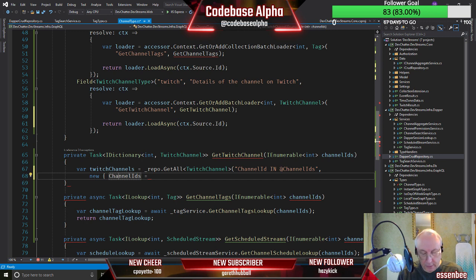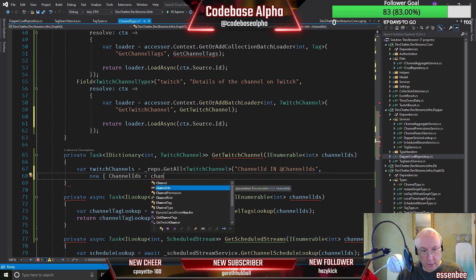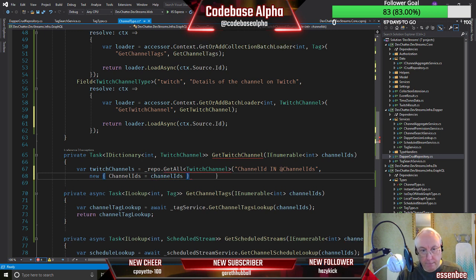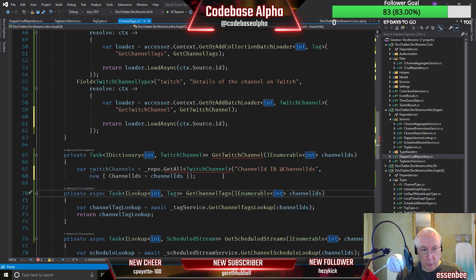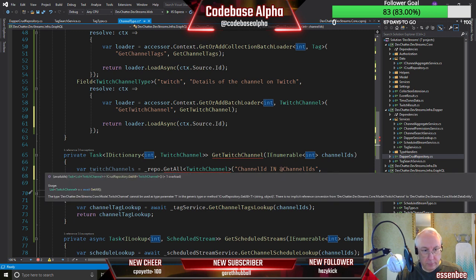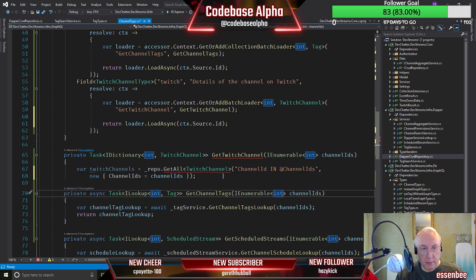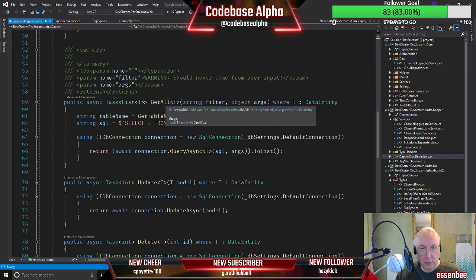So channelIds is equal to channelIds. That's right, isn't it? There we are. So GetAll of T with a string filter and object of args.